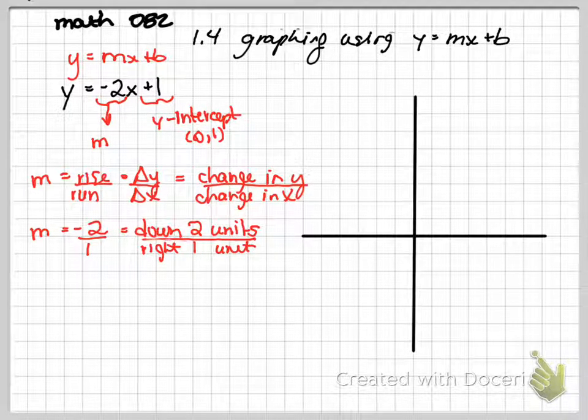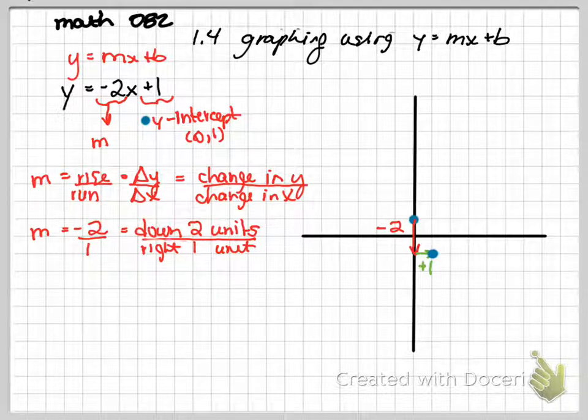So let's go ahead and start to graph this. Again, based on the other video, we learned that we have to start with our y-intercept. So our y-intercept is (0, 1). So that's our first point. Okay, from here, we can do one of two things. We can go down 2 units, remember that's -2, and then we could go right 1 unit like that